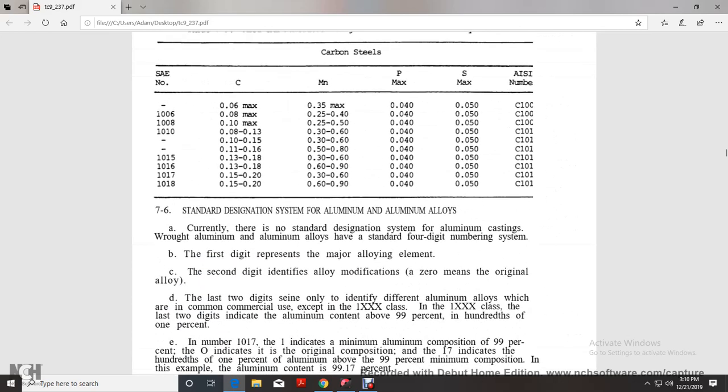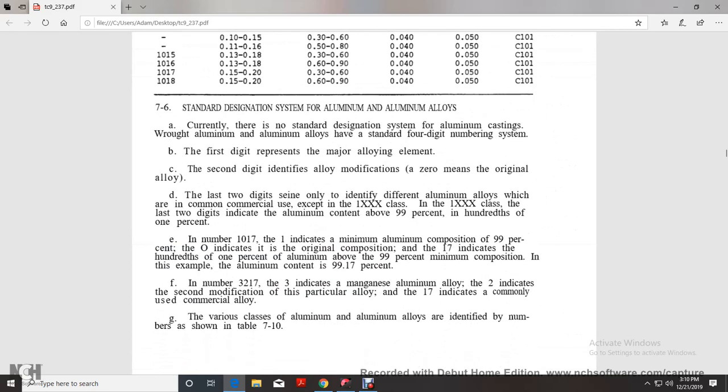Alright, standard designation for aluminum and aluminum alloys. There is a standard system for aluminum casting and wrought aluminum alloys, having a standard four-digit numbering system. The first digit represents the major alloying element. The second digit identifies alloy modification. 0 means the original alloy. The last two digits signify